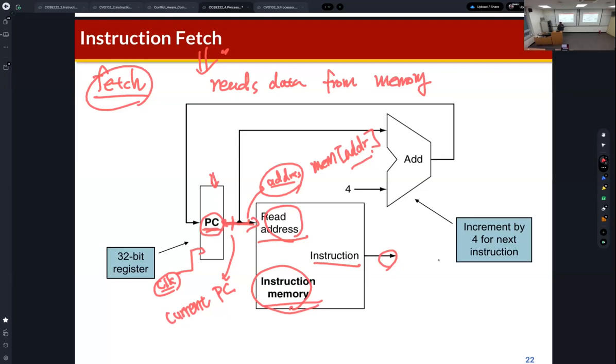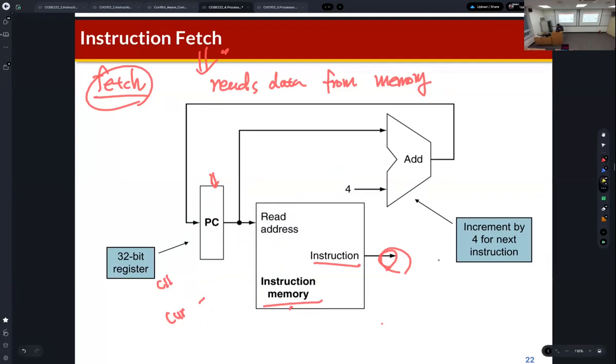So the PC is set for the current instruction, and this PC value is given to instruction memory, and then a processor can read an instruction from memory. So this is the instruction fetch step. Okay. Understand? Then